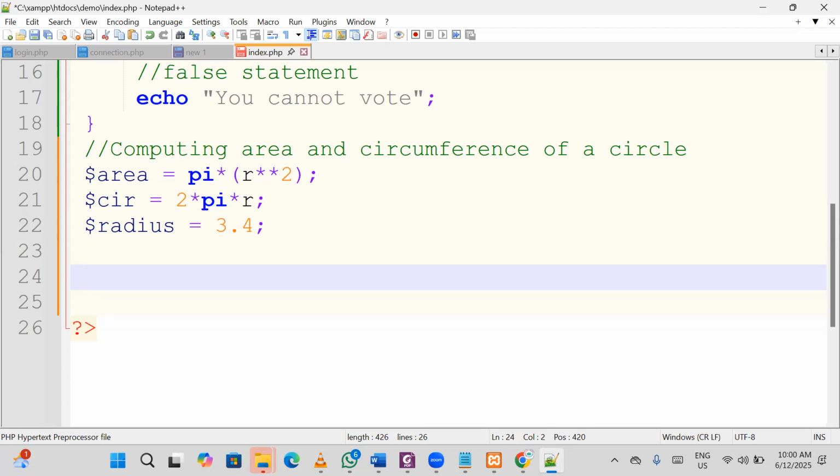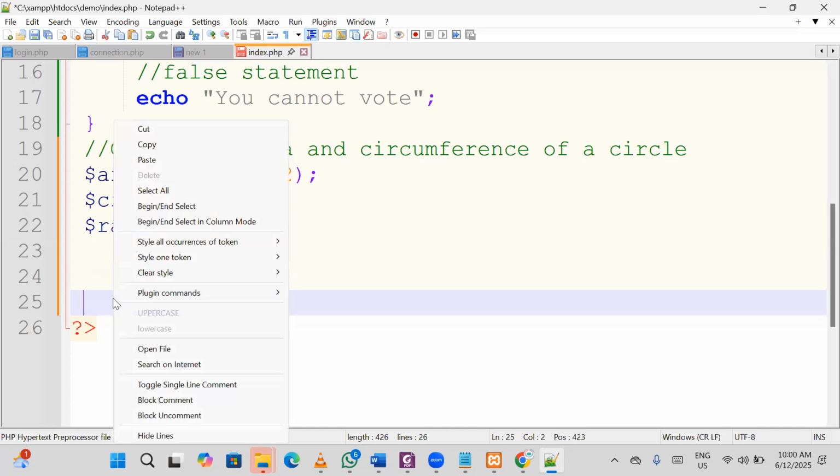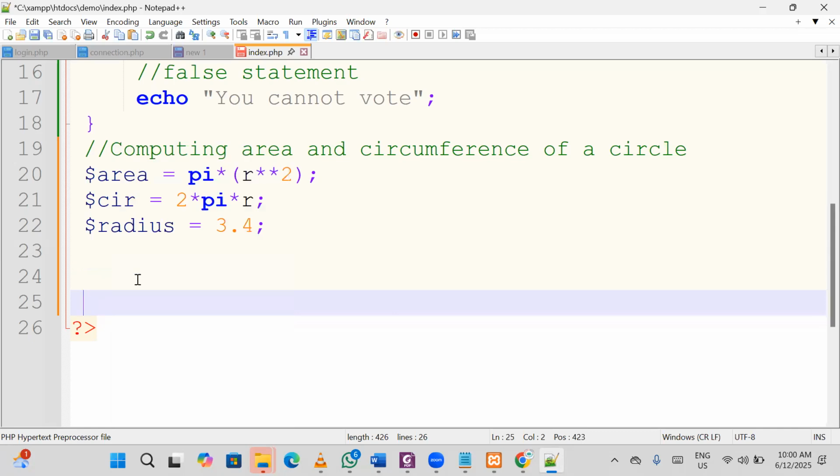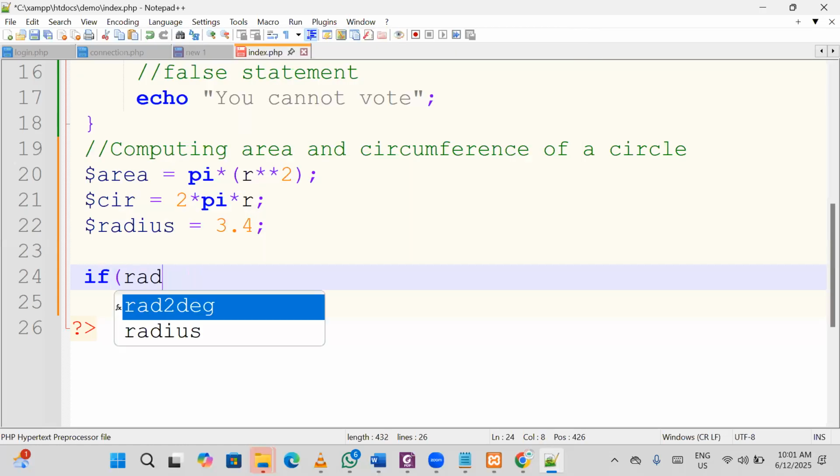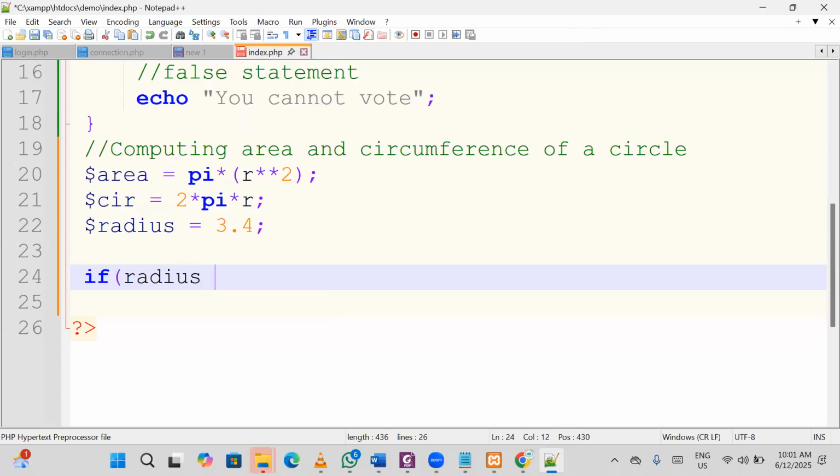So we are just assuming that the radius is now 3.4. So, if radius is less than or equal to 6,